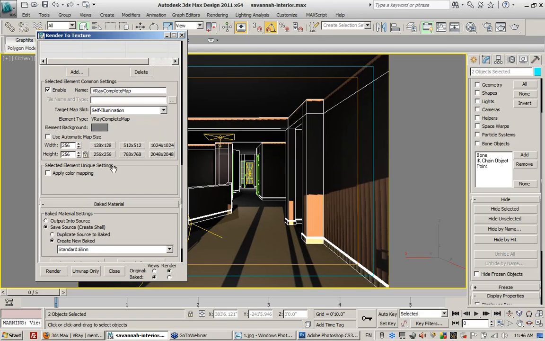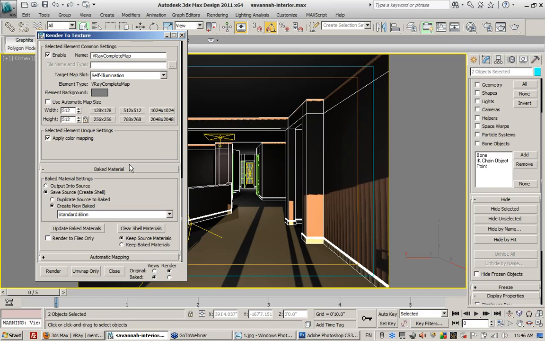And let's use 512, 512 to start with. Let's apply color mapping because we want to bake the color mapping into the texture. Notice these settings are pretty much set up the way they were before. These aren't the default settings, but they are left from the last time we used this render to texture. I need to make sure this is set to create new baked standard blend. I want to create a new blend material with these maps loaded in, and that's it. Other than setting the render to baked, I want to have baked show up in the renderer. I can go ahead and click render,